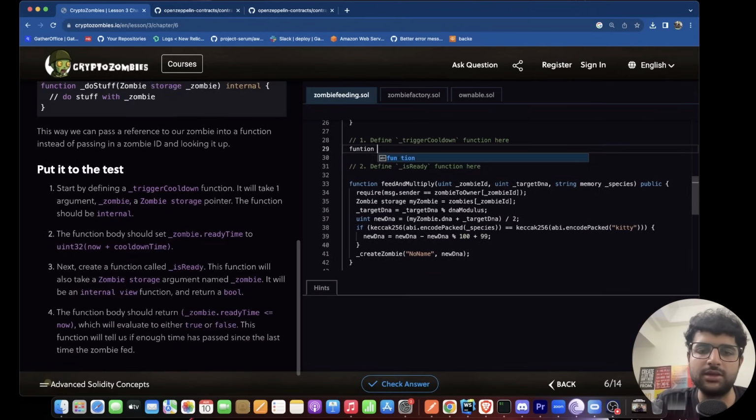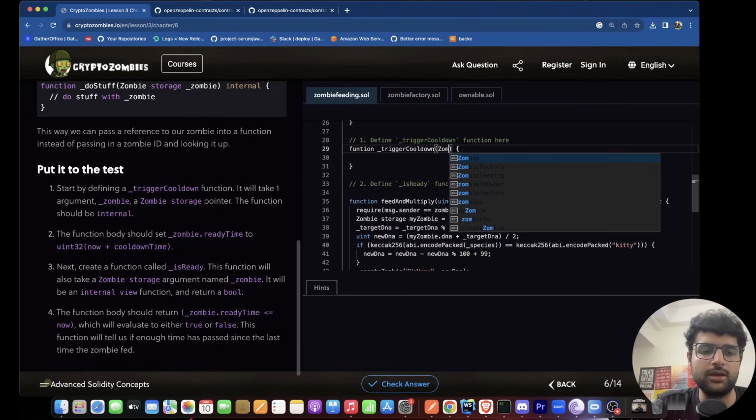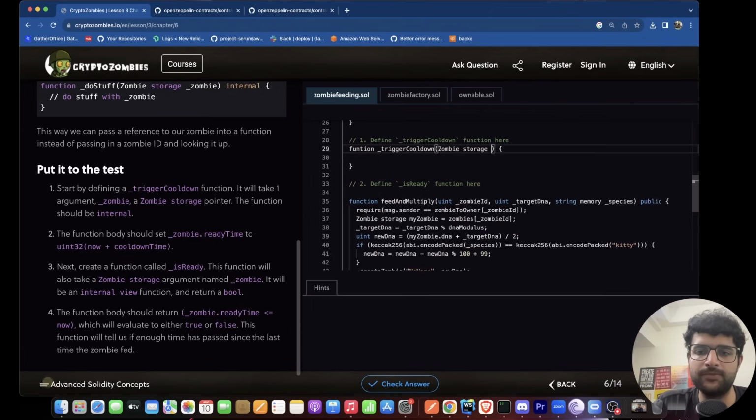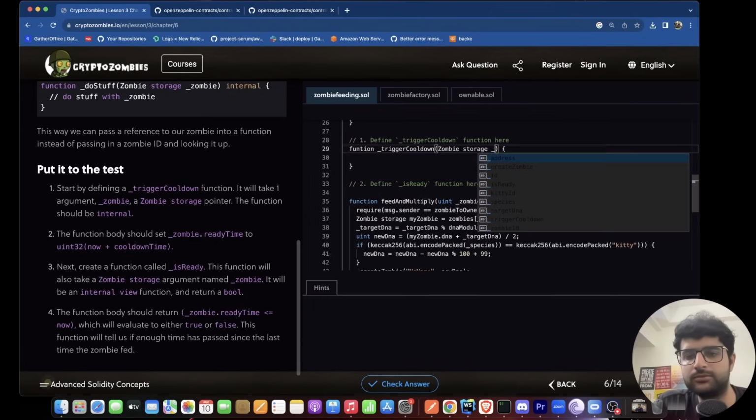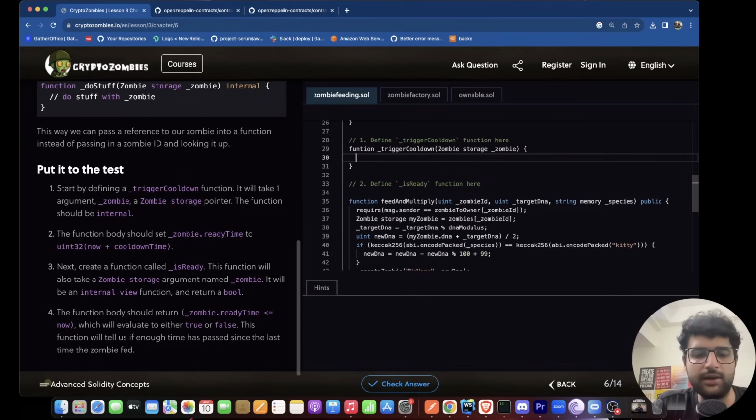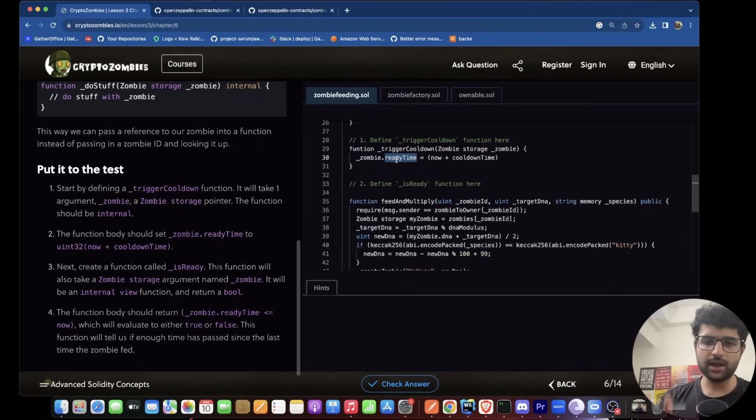Let's define a function. Let's call it _triggerCooldown. It will take one argument. Okay. A Zombie storage variable. All right. The function should set zombie.readyTime to again now plus cooldown time, because whenever this is called, we are triggering a cooldown, which means we are setting ready time to current time plus